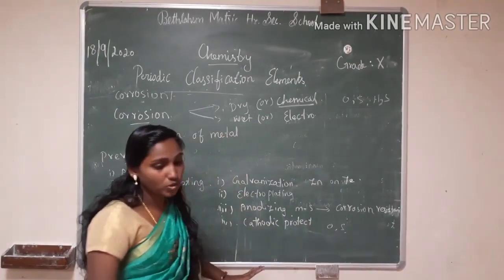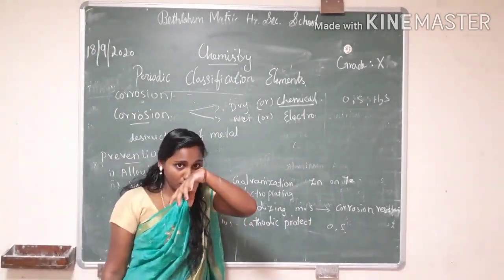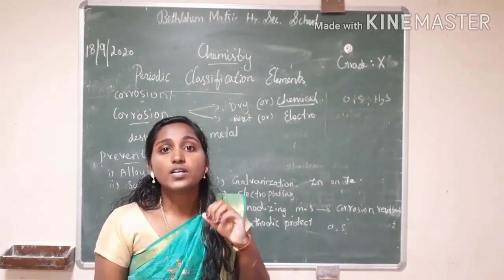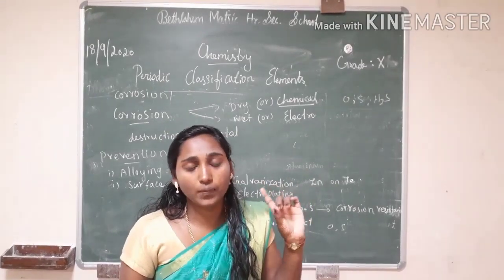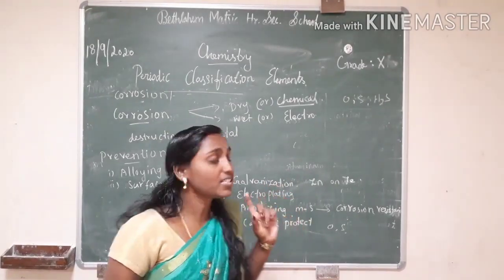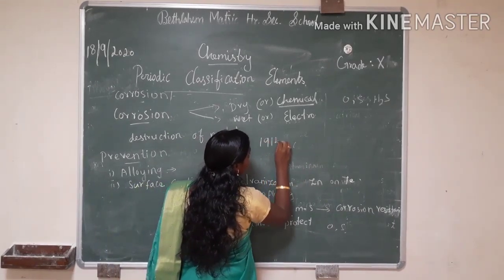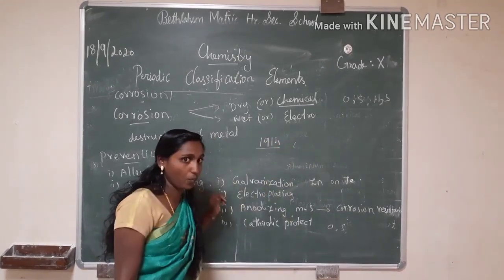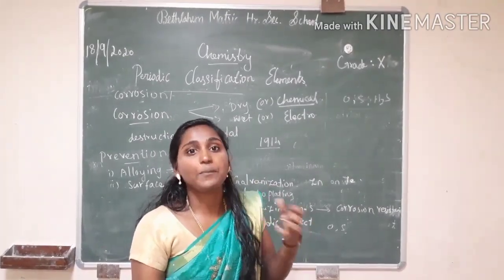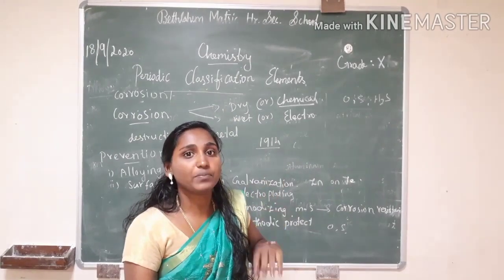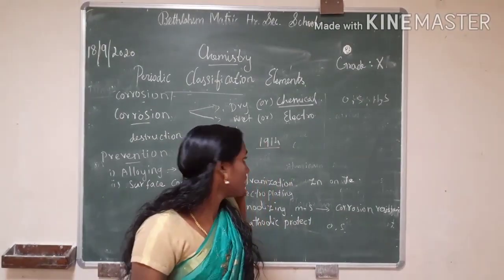Next, you all know Pamban Bridge. A small example: Pamban Bridge is located in Rameswaram, right? This Pamban Bridge connects Pamban Island to the mainland of India. It was opened in the year 1914 and was made of iron. So it was protected by applying some chemical compounds. They coated some chemical substance on the bridge to protect it.